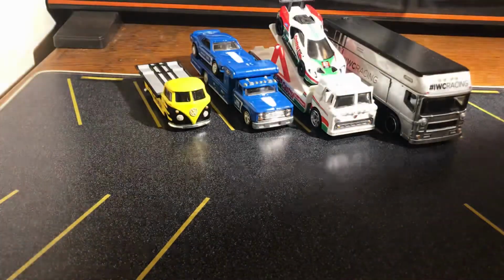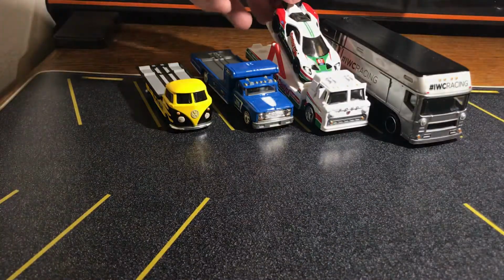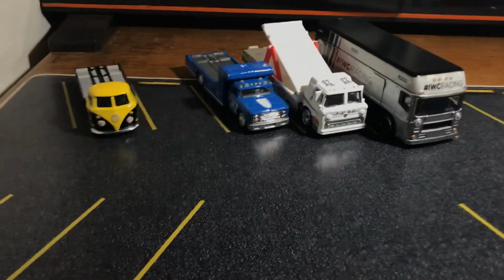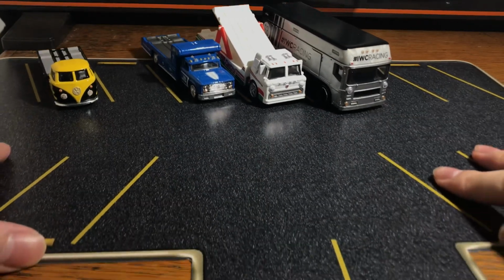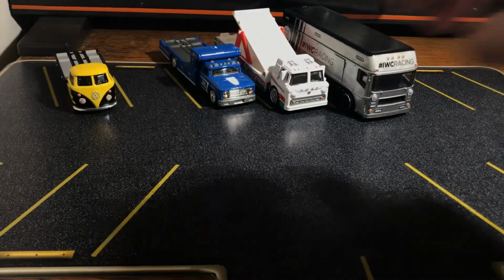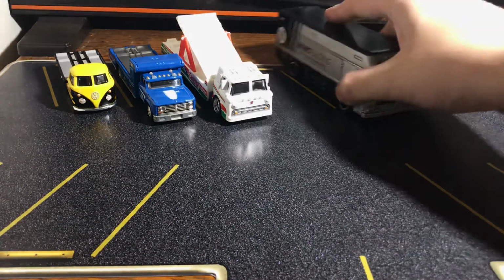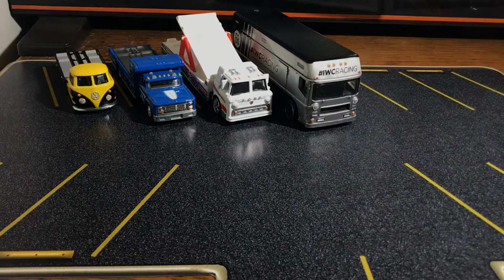And so far there have been 9 different haulers, and I have 8 of them. The only one I'm missing is the Wide Open, which came with the Plymouth Superbird. But I've actually already worked out a trade with someone, and hopefully I will get it in the next few days. And after I get that, I'll have all 9, and I'll talk about which ones are my favorite and least favorites. But you already know the least favorite will be the VW bus turned pickup car hauler, but I still like it,